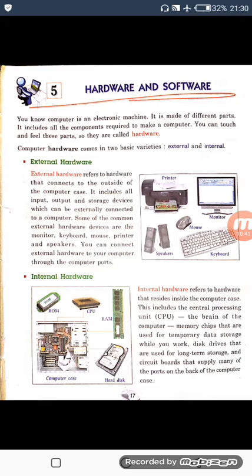Now this includes the central processing unit, the CPU, the brain of the computer, memory chips that are used for temporary data storage while you work, disk drives that are used for long-term storage, and circuit boards that supply many of the ports on the back of the computer case.